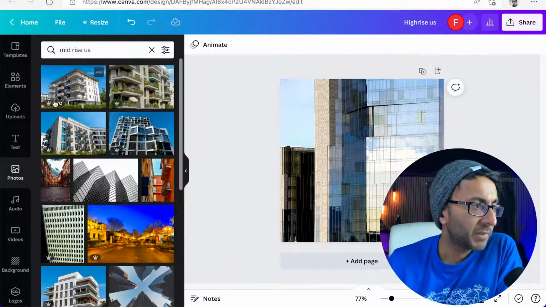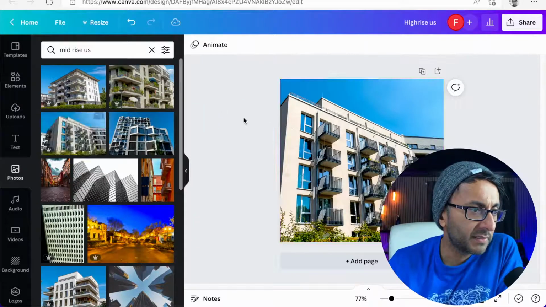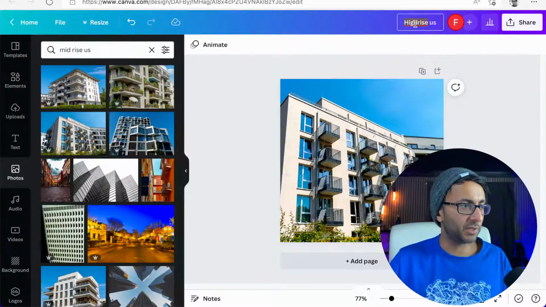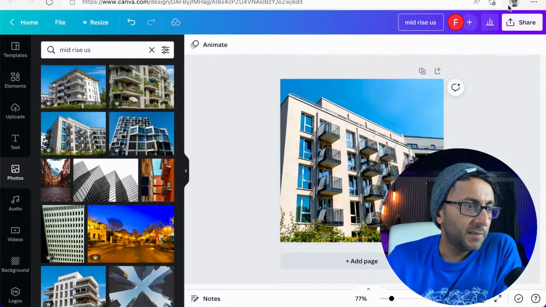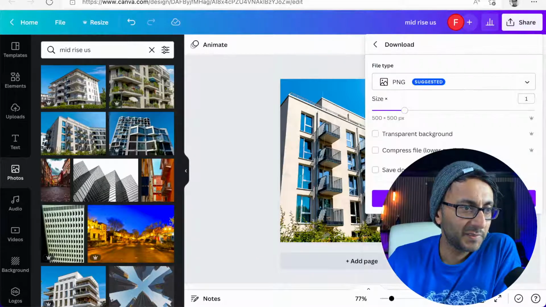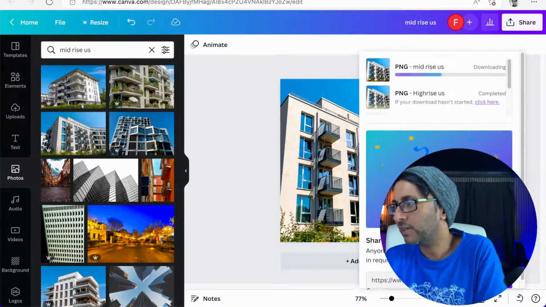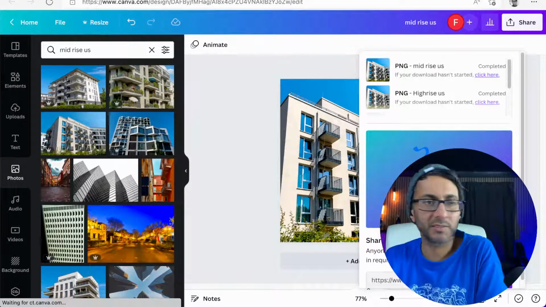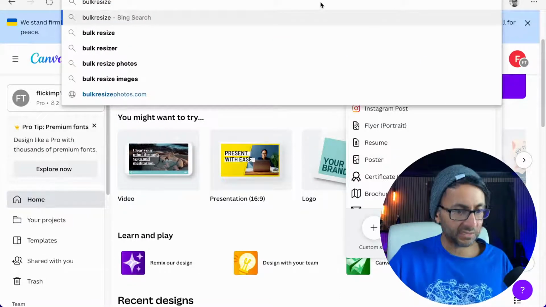More websites? This is mid-rise. Got it. This is more of a mid-rise then. Yep, here we go. We have a mid-rise. I'm not sure how good these images are, but we'll go for them. Right, we've got mid-rise and we have high-rise. Excellent. Right, let's now go to bulk resize